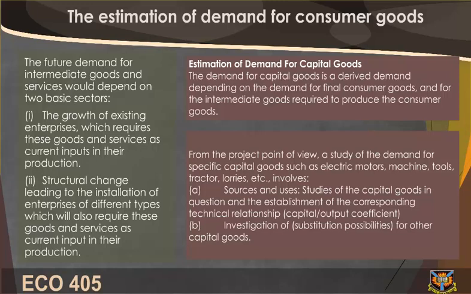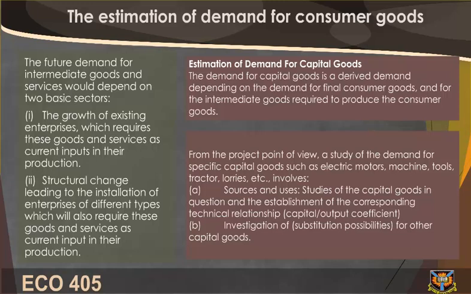Estimation of demand for capital goods. The demand for capital goods is a derived demand depending on the demand for final consumer goods and for the intermediate goods required to produce the consumer goods. From the project point of view, a study of the demand for specific capital goods such as electric motors, machine tools, tractors, lorries, and so on involves: